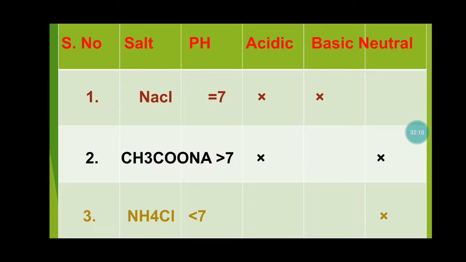Now which is the stronger one? HCl is the stronger one compared to ammonium hydroxide, which is a weak base. Then you can guess what category the salt will be. Here the acid is stronger. You can see that it is an acidic salt. Now here we can categorize three salts: ammonium chloride, sodium acetate, and sodium chloride, according to the strength of the acid and base.